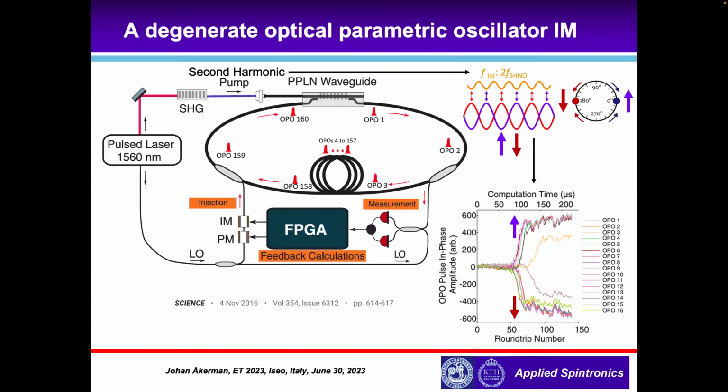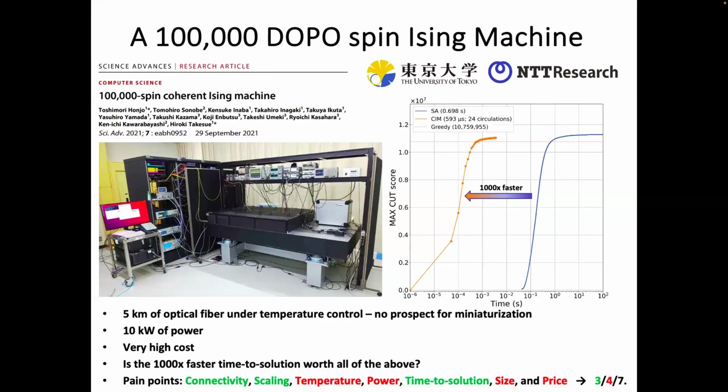They have since made a 100,000 spin Ising machine based on this principle. So this machine solves a MAXCUT problem with a whole bank of FPGAs. So that's one of the constraints of this technology. You can have all-to-all connections, which is excellent, because 100,000 spins with all-to-all connections is fantastic in hardware. But the constraints then fall onto the FPGA bank. I think they use some 56 FPGAs to do all those multiplications, and that's where the bottleneck will end up, as that will scale as n squared.